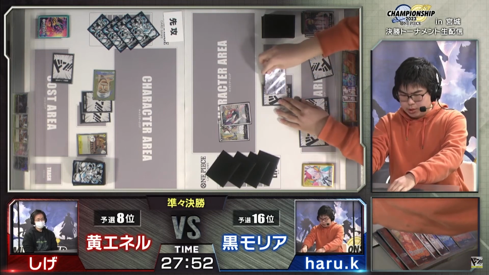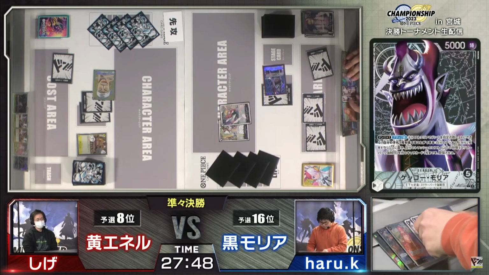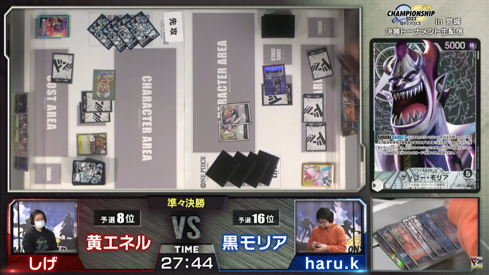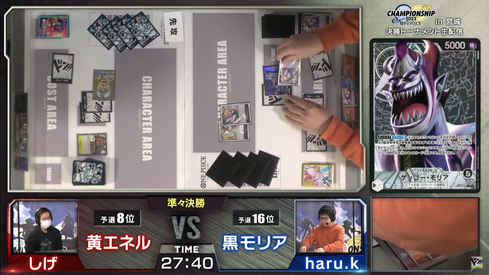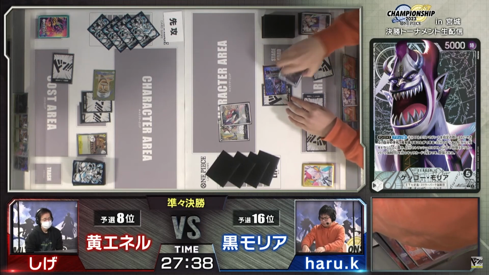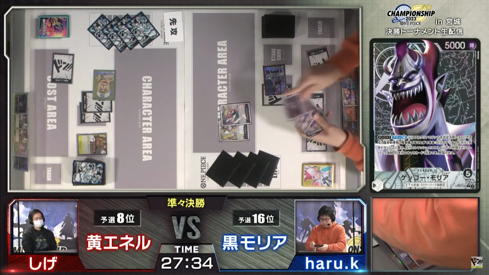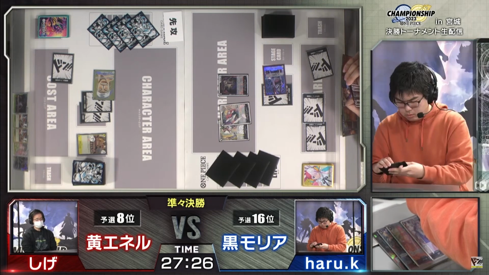Not that I think it would matter, but Gecko Moria now swinging 6, going to opt to rest 2. This is his effect, or Gecko Moria's effect. Don ×1 when attacking. Rest 2 Don, discard 1 card from your hand, put the top 2 cards of your deck in the trash, and play 1 character with a cost of 4 or less from your trash. So combos well with that Sindri, basically just discarding 7 cards and having to choose from that instead of just